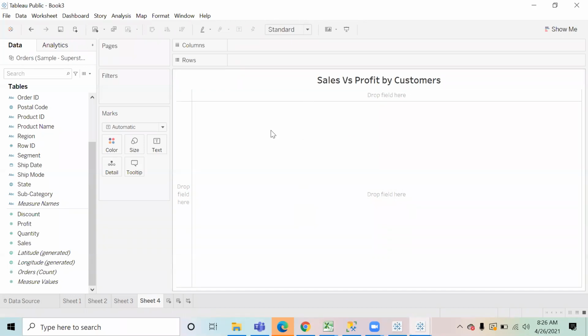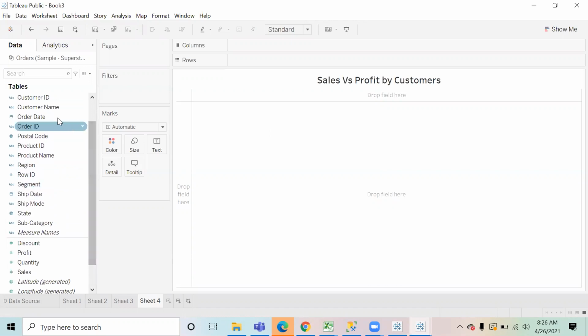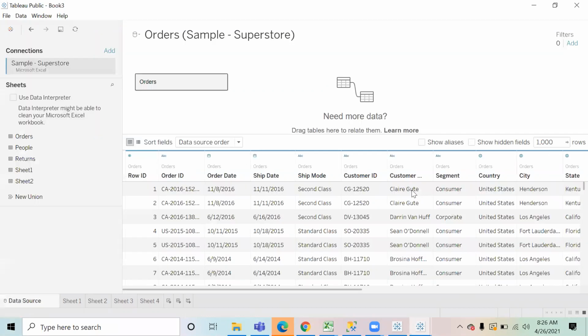Like, for each customer, every customer, how much sale and profit that customer gave me. Okay. Right, like we have the customer name also, right? If I pick any customer, like for Claire, how much total sale and profit did that customer give me? That is something I want to calculate for each customer. Okay, so does it mean removing the returns, what the sales and profit is? No, returns is not something that we're using right now. We are just using the orders tab only.